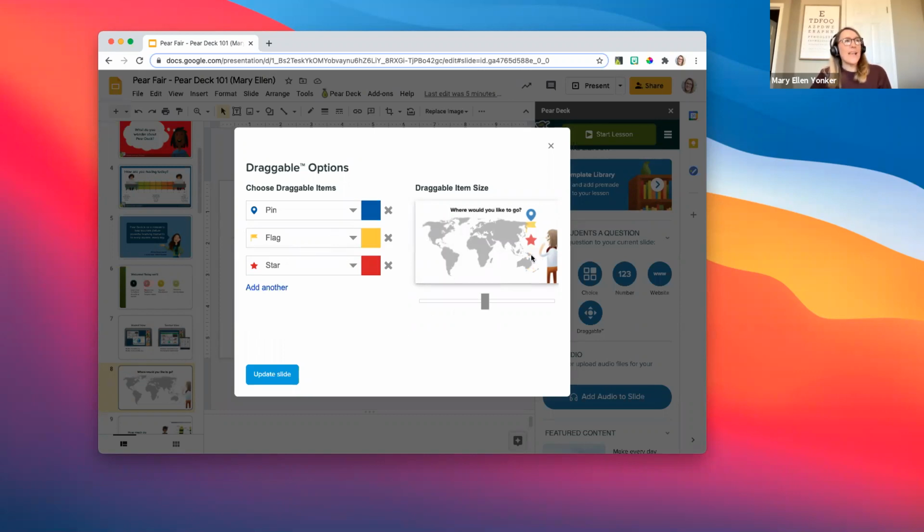On the right, you see I have a preview of what it's going to look like for my students. I think those icons are a little bit big, so I can use this slider bar to resize my icons. I can make them bigger, but I want to make them a little bit smaller. That looks about right. And now I'm ready to update my slide.